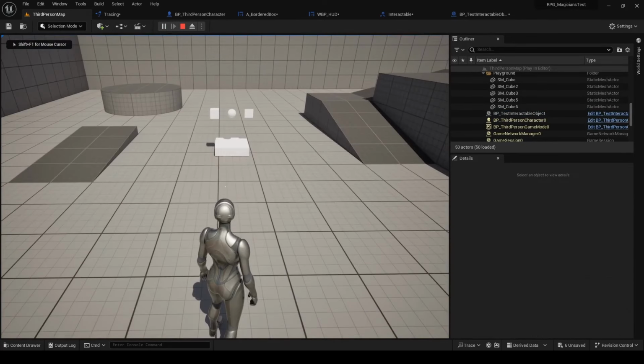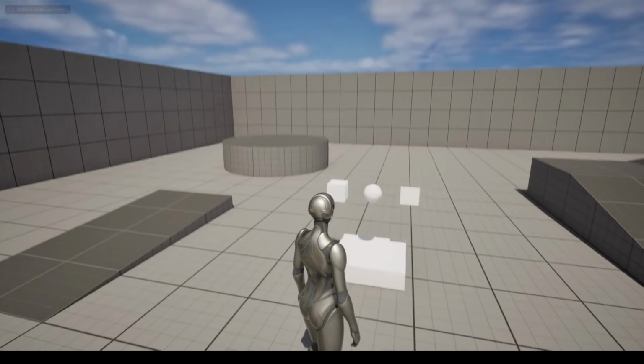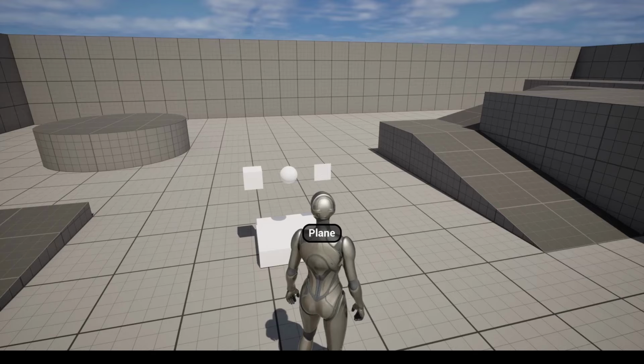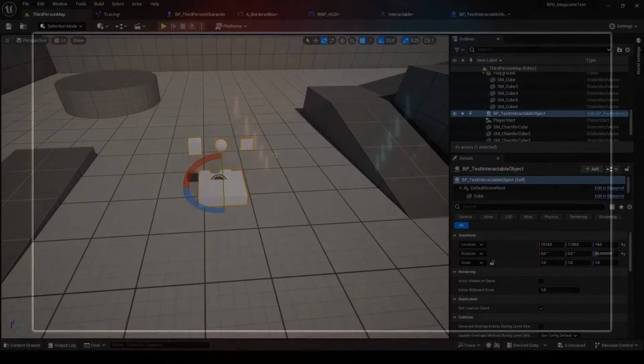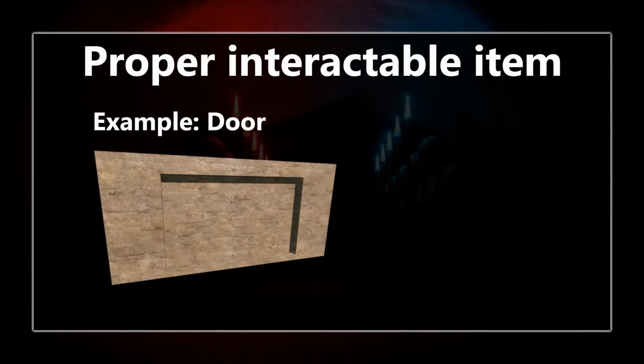When we test it, you can see that when I aim at the base, nothing shows up, and for each mesh the appropriate text is displayed, even though it is one actor. Now let's create a proper interactable item. A good example is one you use in your life on a daily basis. I'm talking about a door. So we'll be creating a sliding door, and to make it more interesting, it will be